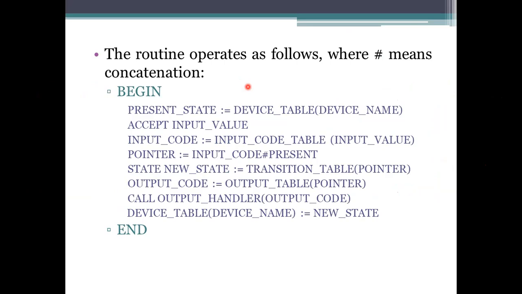So the first thing, where do I have to start? First we need to take a device. Which device do I have to take here? I need to go to the device table and specify the device name. Okay, so the device name has been specified and we are taking the input value here. If the input value is there, what action is to be performed for this input has to be specified there.